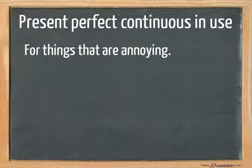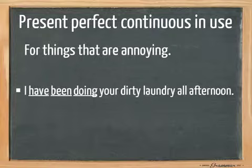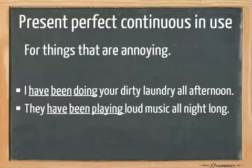We also use the present perfect continuous for things that are annoying. For example, I've been doing your dirty laundry all afternoon. They have been playing loud music all